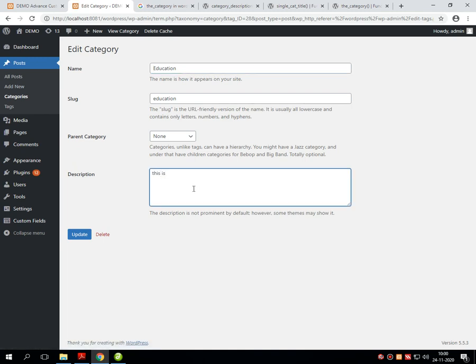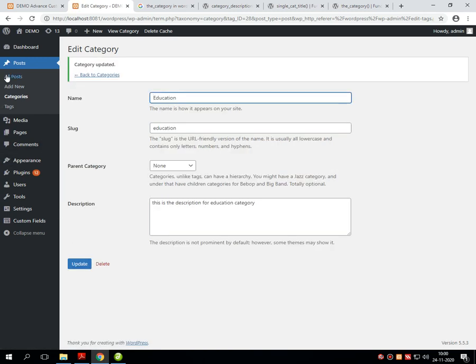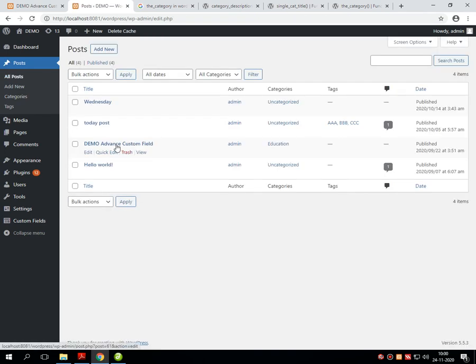I am writing, this is the description for education category, and I am updating that option. Then this category is applicable to the post called demo advanced custom field, right? So I am editing that particular post also.